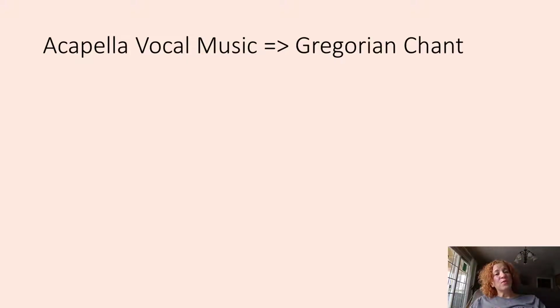What kind of vocal music do you think was heard in this church after it was built? If you said Gregorian chant, you would be correct. So we've already learned a little bit about Gregorian chant, right? We've learned that it is mainly monophonic, right? And certainly in the early Middle Ages, it was purely monophonic, right? Melody. It's only melody.